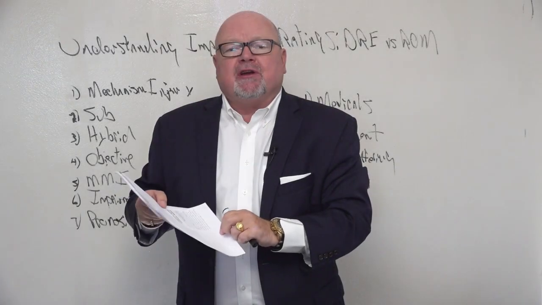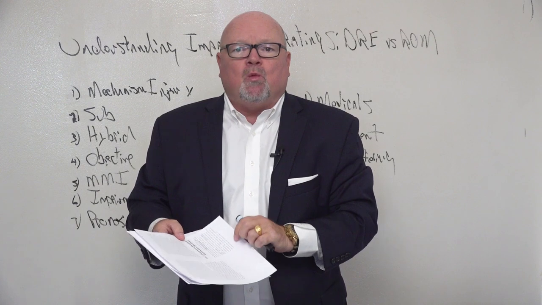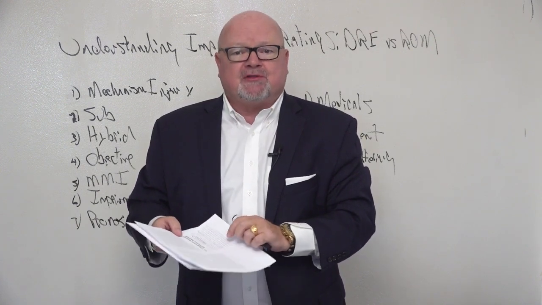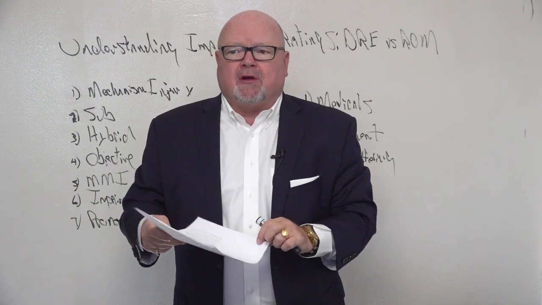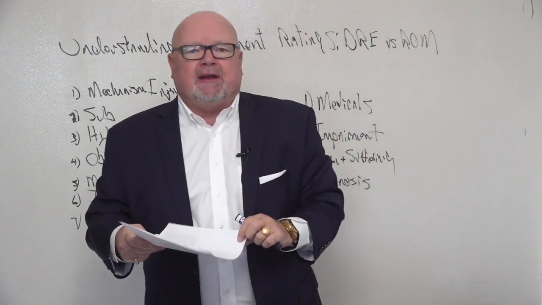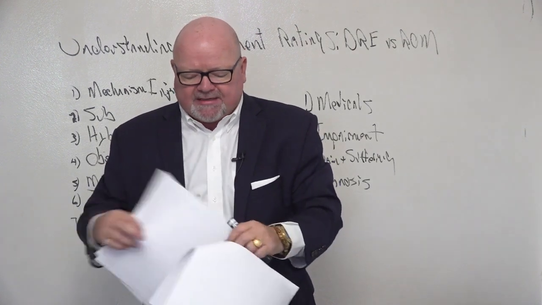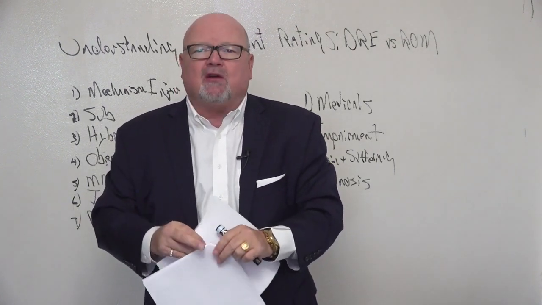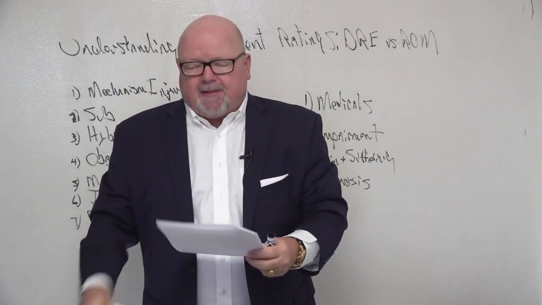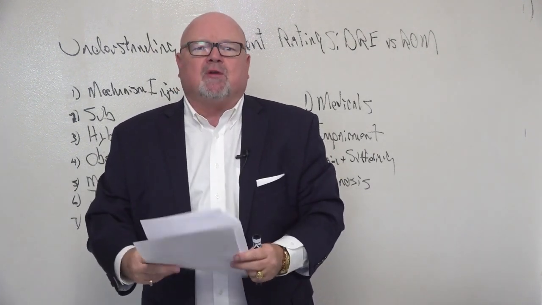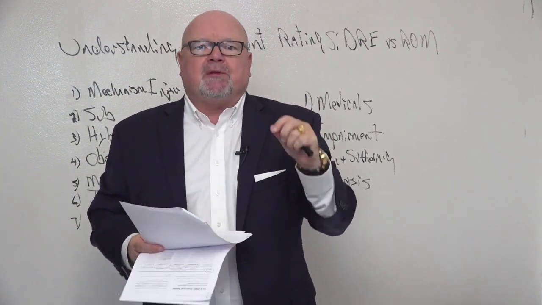AMA guides have started to include what are called diagnostic related estimates with the range of motion method. So there's two different methods here. The diagnostic methods are somewhat of an easier way to give an impairment rating. They've listed about 8 different categories for the regions of the spine that you can just go into. That's more cookie cutter, shall we say, that you can go into